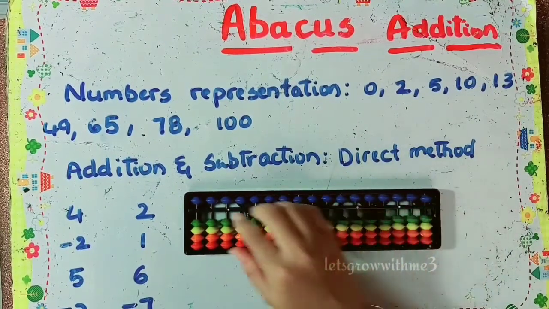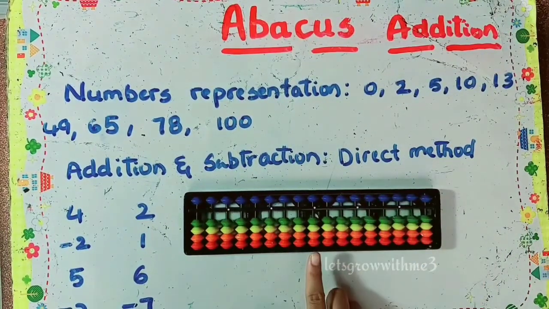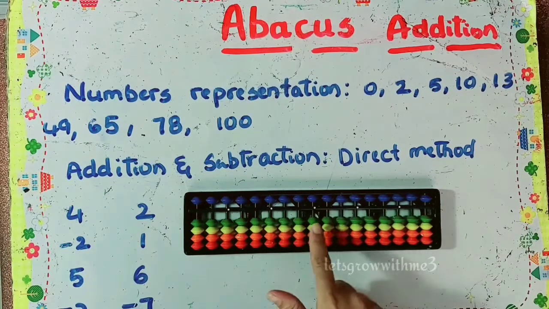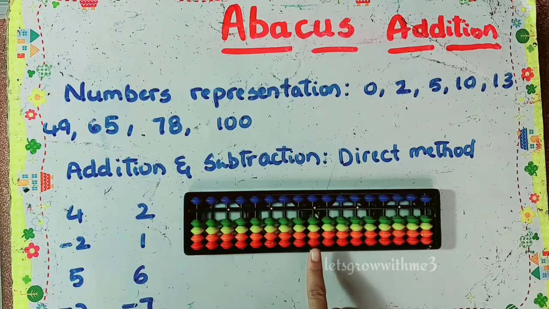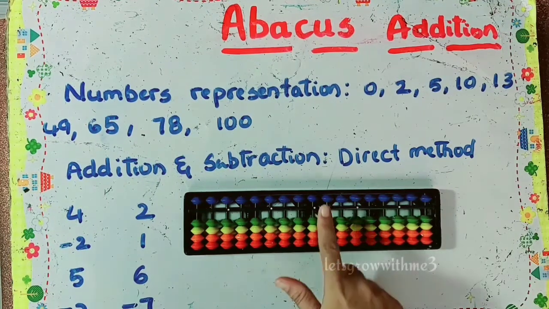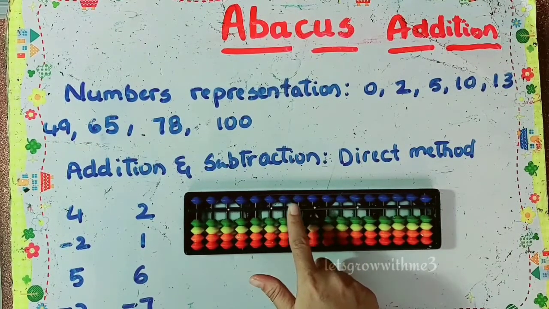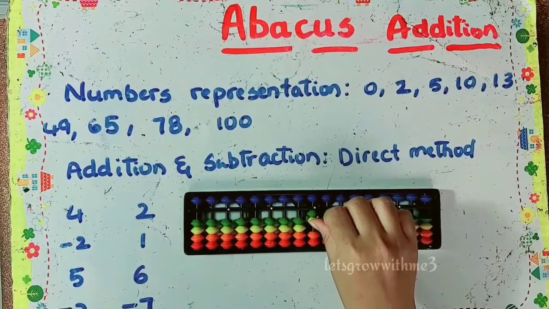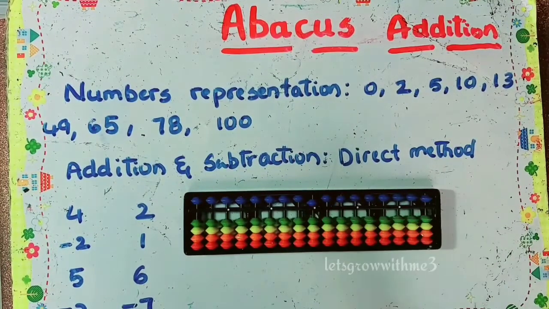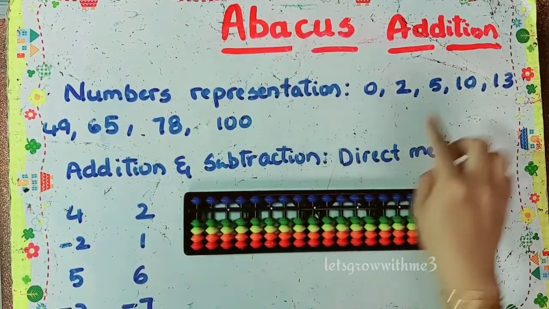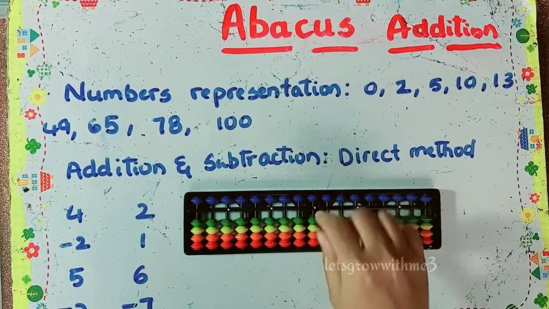So let's start setting the values on the abacus. The first one is 0. If all the upper beads are up and the lower beads are down, then it is 0. We will read our answer from the answering bar. Whichever beads touch the answering bar, that's our final result. Let's set the value 0. 2 means you need to put 2 beads from the lower side. All the lower beads represent multiples of one, and an upper bead is a multiple of 5.